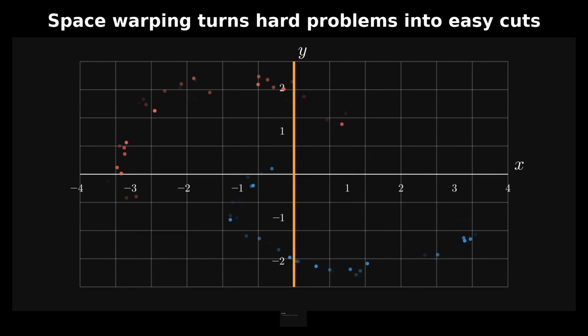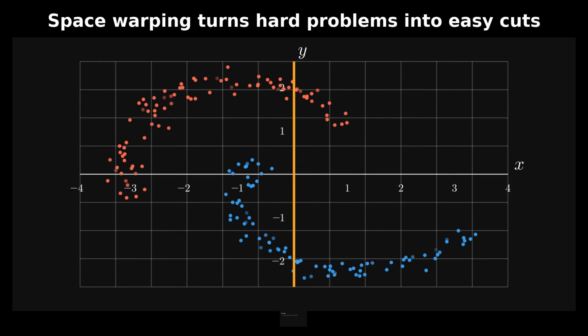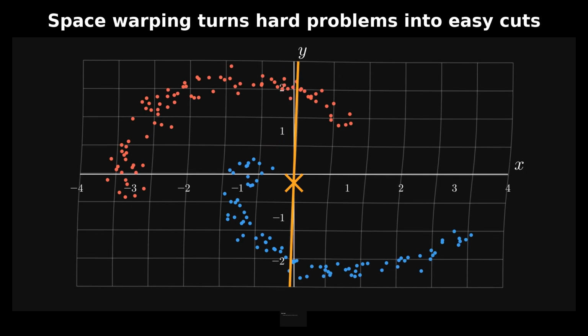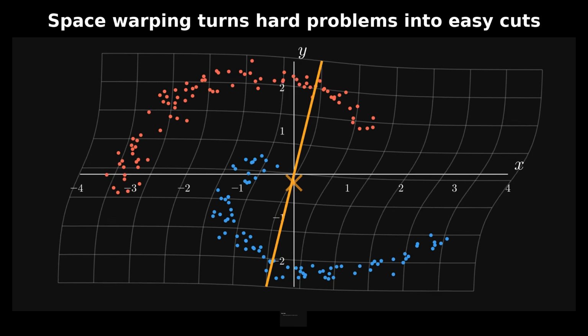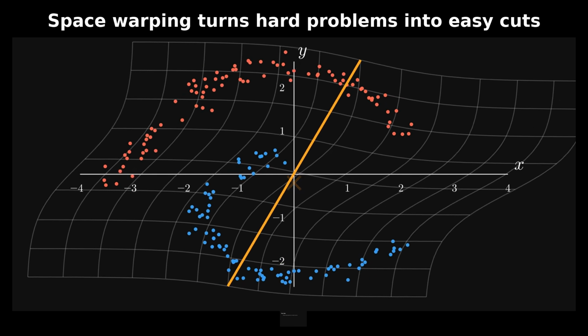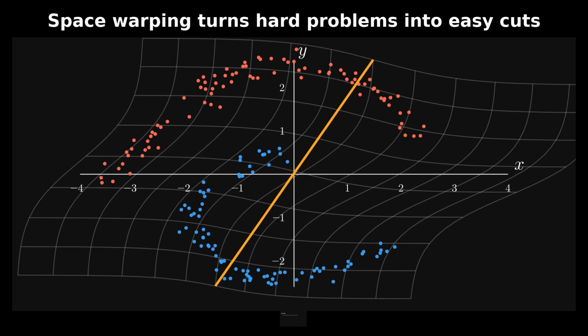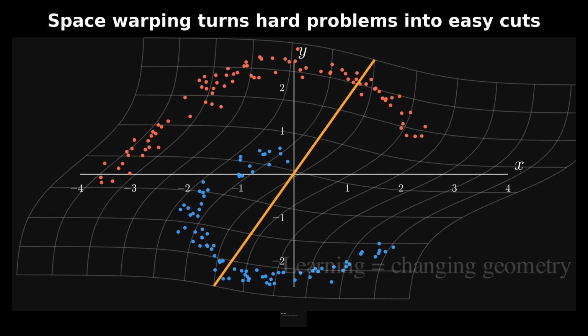A model takes a cloud of points and, without any hand-written rules, bends space until the colors separate cleanly. That bending is not a metaphor. It is literally what the math describes. Shapes moving, stretching, and rotating. This series is about learning to see that motion so the model stops being a black box and becomes a machine you can reason about.